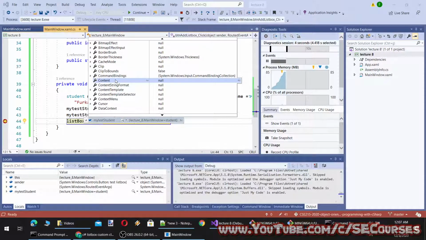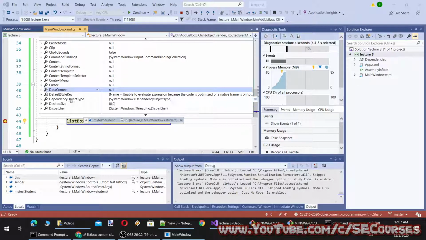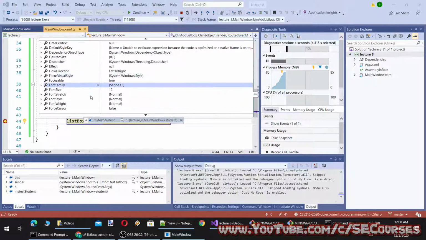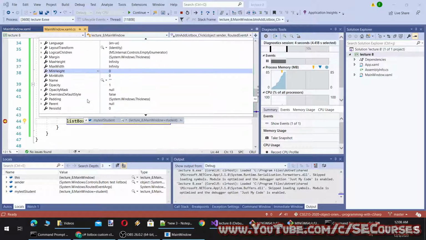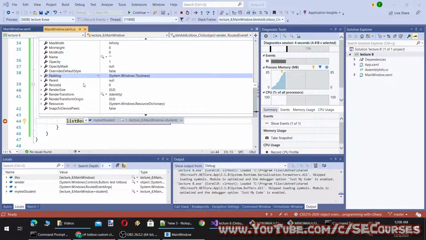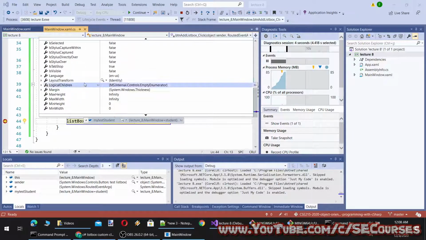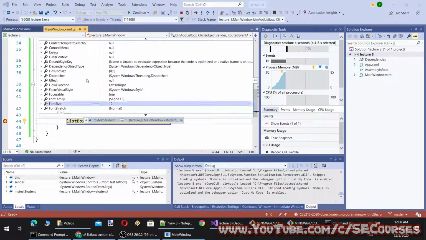There is content and data context. We can also use them. However, I wanted to use our own public elements, but it is not working.